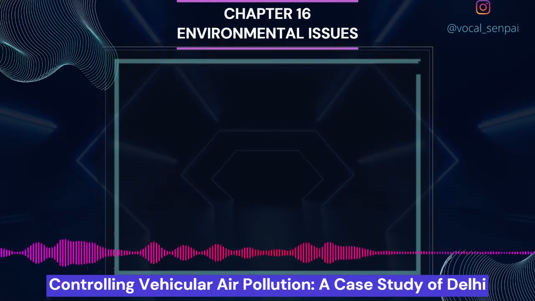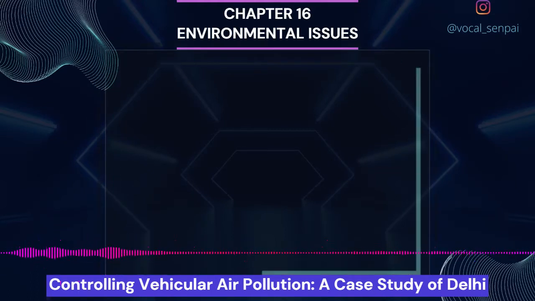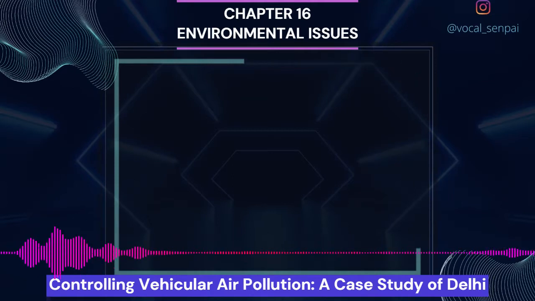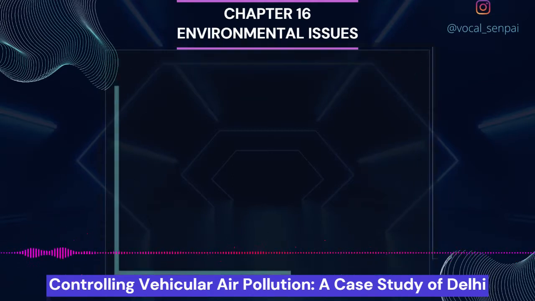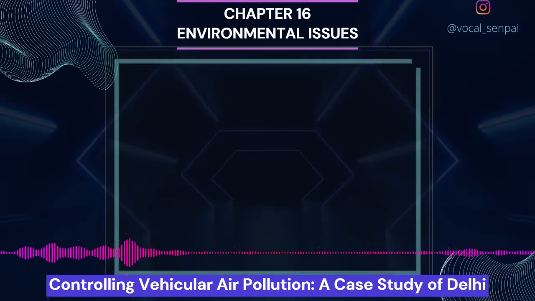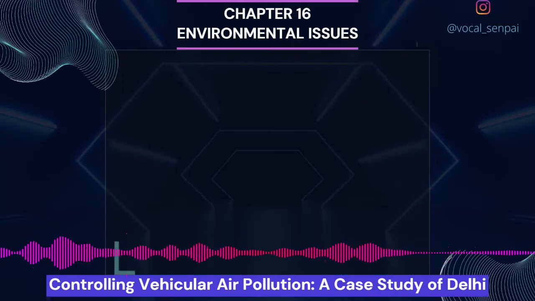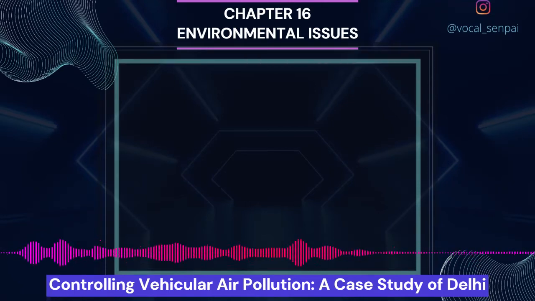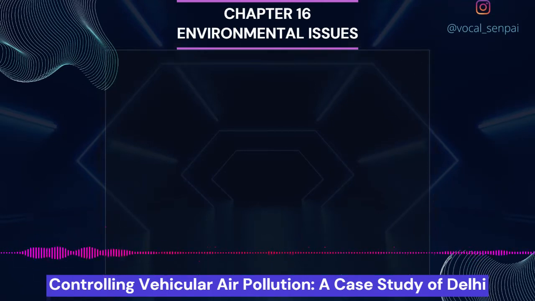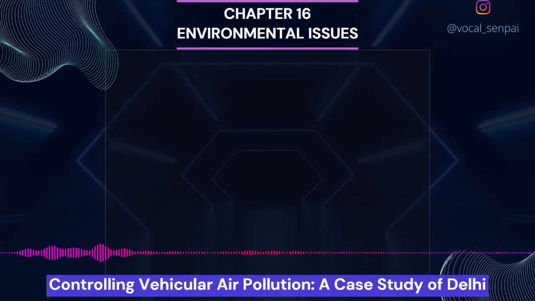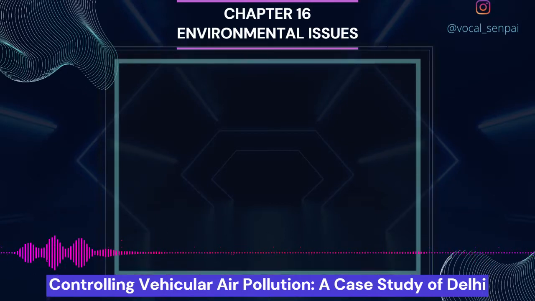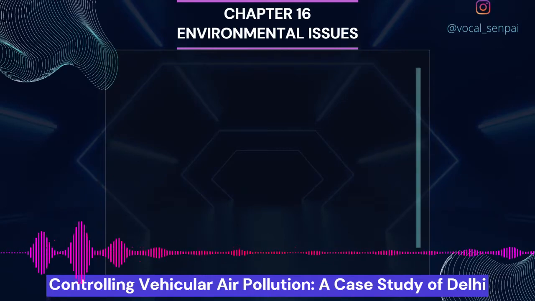With its very large population of vehicular traffic, Delhi leads the country in its levels of air pollution. It has more cars than the states of Gujarat and West Bengal put together. In the 1990s, Delhi ranked 4th among the 41 most polluted cities of the world. Air pollution problems in Delhi became so serious that a public interest litigation, PIL, was filed in the Supreme Court